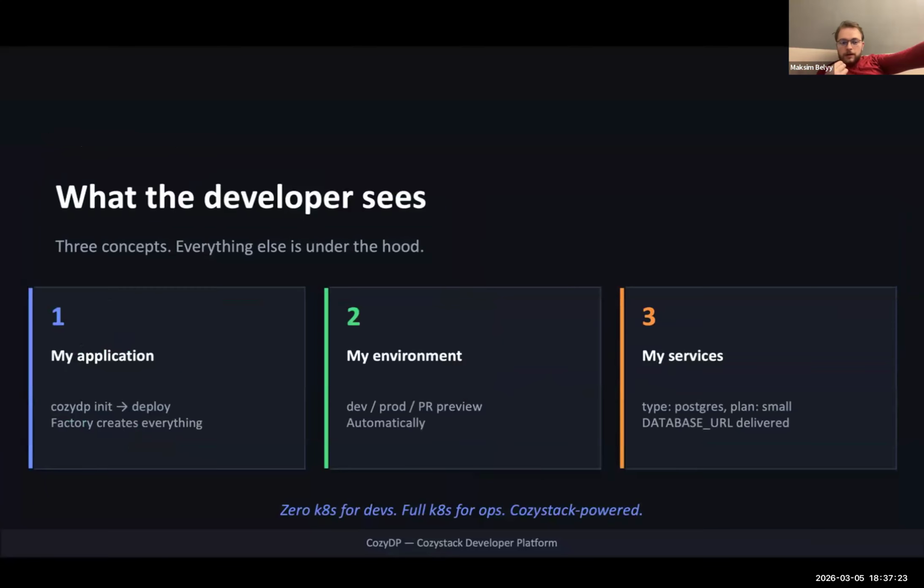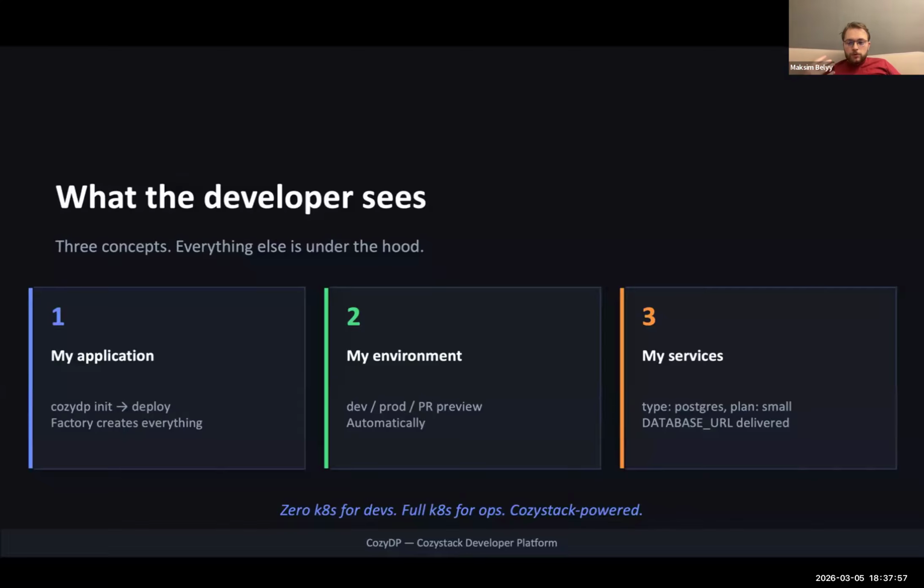So in the end, what does the developer see? Three concepts. My application is actually a CozyDP init and deploy, and the factory creates everything they need. It actually deploys their application. So my environment: developers want to have environments for development, for production, and see what services actually run in what version.